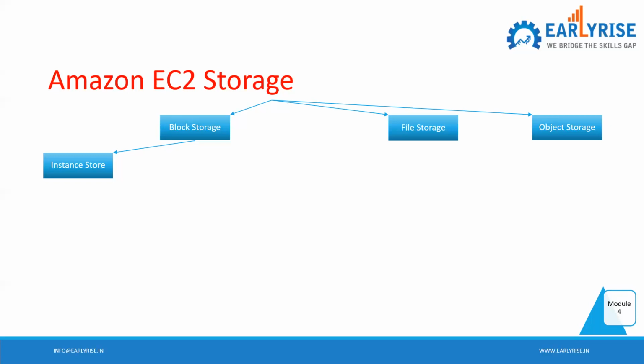But by default, this is as it is. Whatever is given to you, as it is. So if you want durability, please go for EBS. If you want other systems to access it, please go for EFS. If you are looking for object storage, please go for S3, where you can use it directly using HTTP. So based on the use case, based on the purpose, you have the flexibility. But if you are very much convinced and interested in using instance store, you can use it.